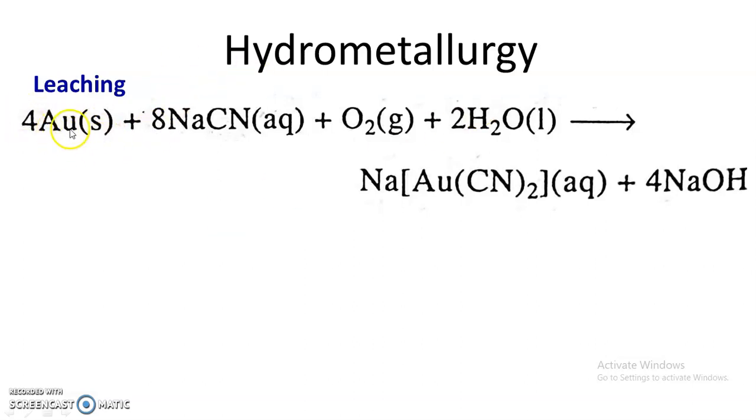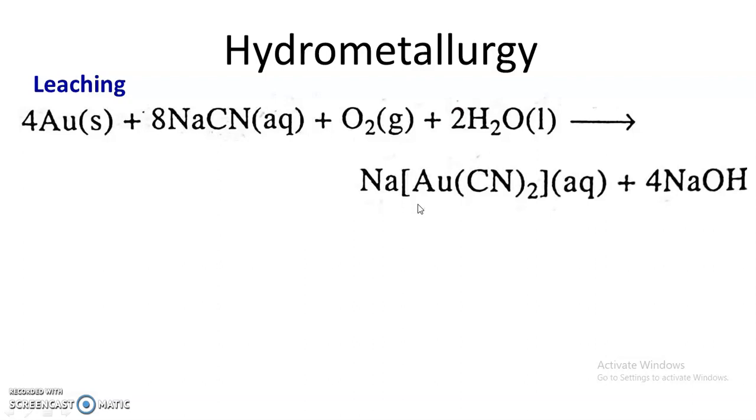So the gold from the ore is treated with an aqueous solution of sodium cyanide, and air is passed through this aqueous solution of sodium cyanide containing gold ore. This gold combines with sodium cyanide, and there is a formation of a water soluble gold complex. So this is the leaching, step 1. Here in this step, gold forms the stable gold cyanide water soluble complex,